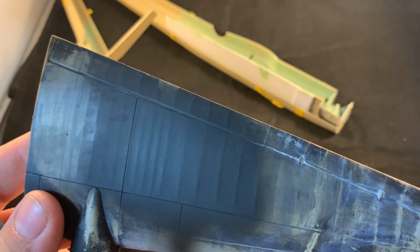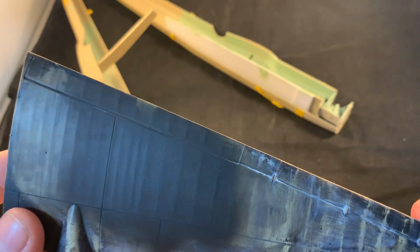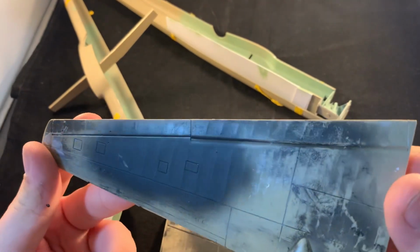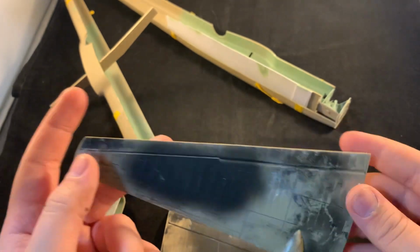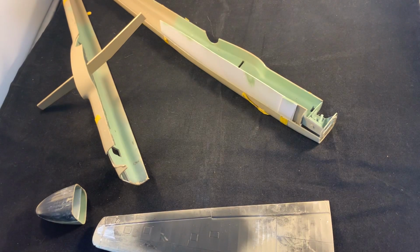Yeah, you can see all the scratches where I've done sanding. I'll try and fill those because I don't really like that. And here's the underside. So basically what happened was I have a stack of boxes, unhelpfully,